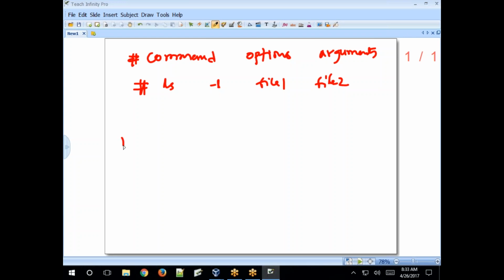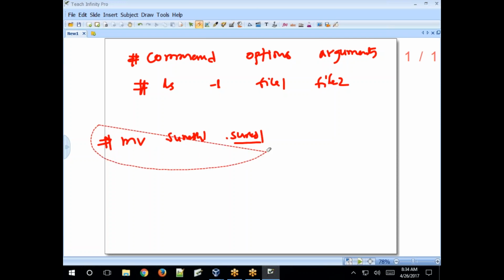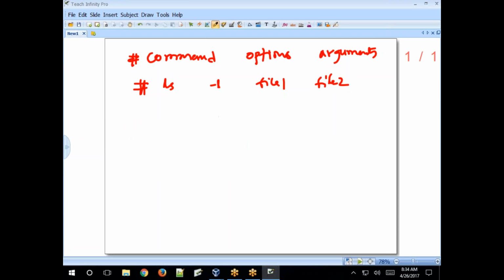So just execute the command mv. The file is already created, right? If you want to hide it, rename it to .Suresh1. That's it. Now it is renamed as .Suresh1 and it is hiding from others. Clear? We need to give this mv command to hide the Suresh1 file. Renaming an existing file: if you want to rename your file, use the mv command. Clear?